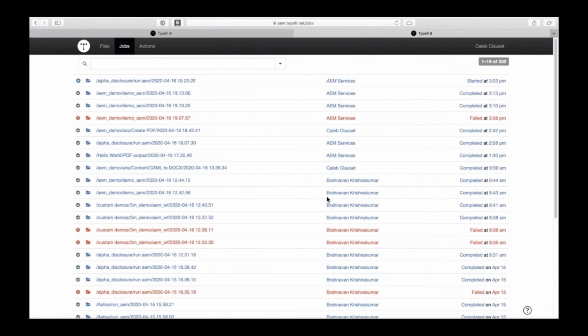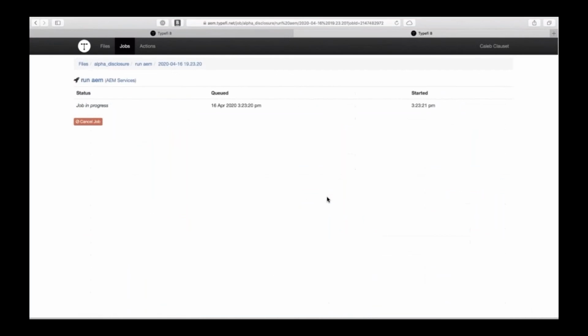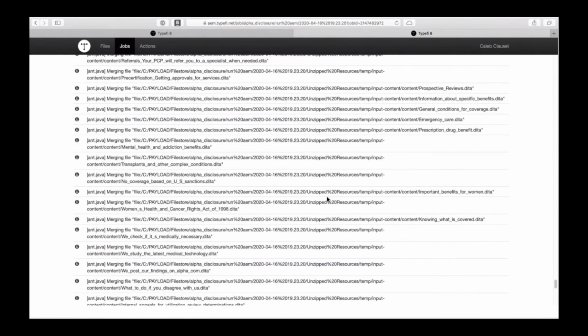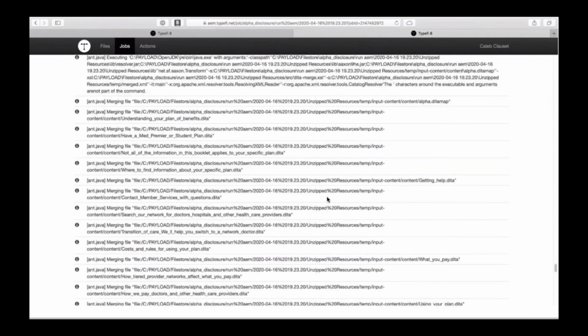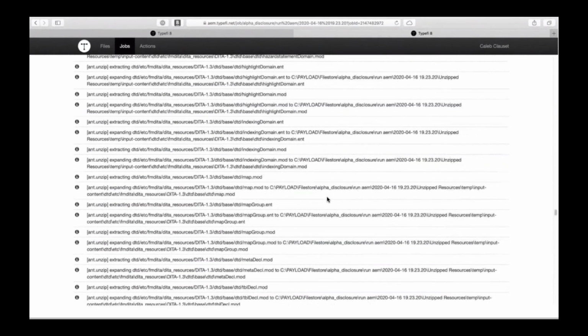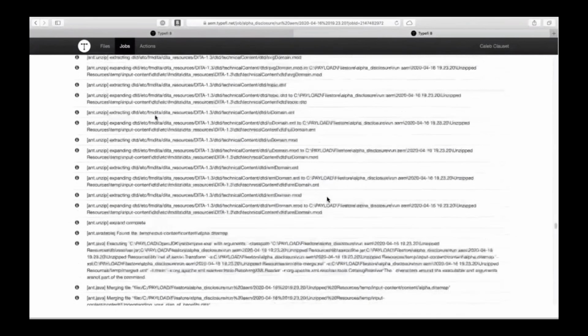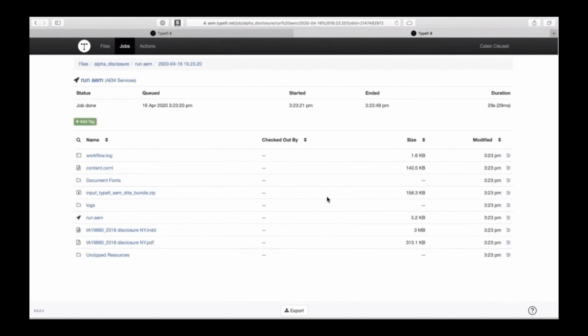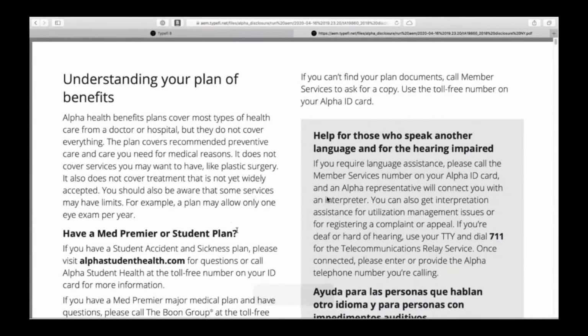And again, if we switch over to Typefi, we can see this content running through. And once the workflow is completed, we'll have again the different final outputs. And again, we'll download this PDF and take a look at it.